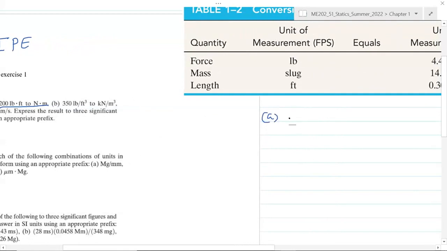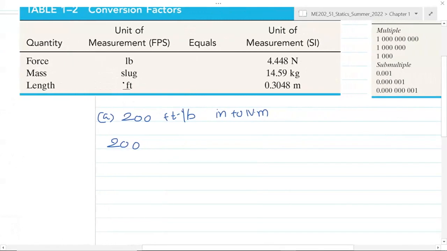So 200 foot-pound, and we need to convert this into Newton meter. So there are two different units here. First we need to convert foot into meters, and we have this conversion table here, that 1 foot is 0.3048. So we need to multiply this with 0.3048. That's part one. And then second is to convert pound to newtons, and for that we have to multiply with 4.448. So when we do this multiplication, we get the number